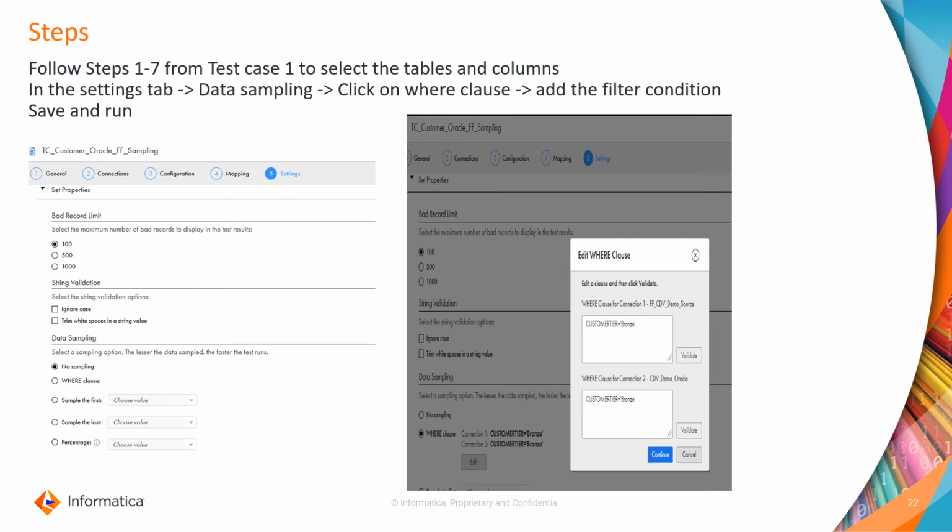Hence we did not check these two boxes here for this scenario. And next is data sampling. So we do want to do data sampling. How do we want to do it? We want to do a where clause. So you can select the second option. When you click on the second option, where clause,